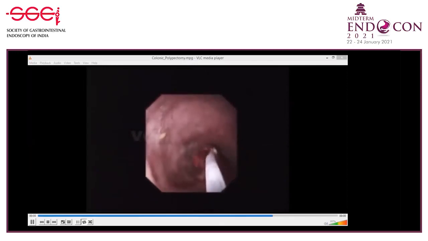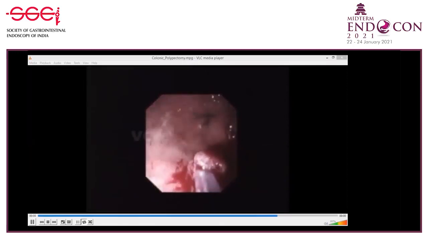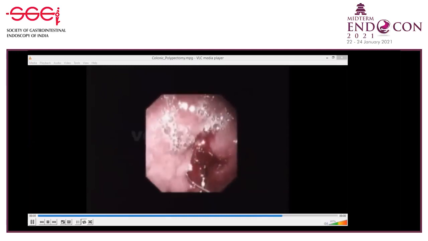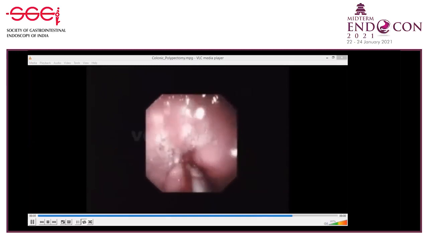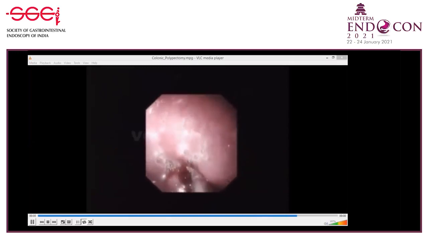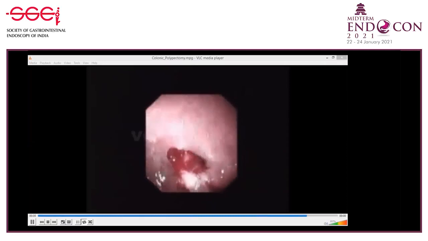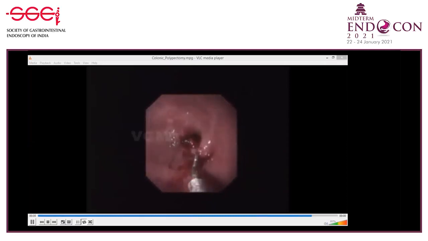So you can see us removing it, and this is one of the complications of polypectomy, bleeding, where we're going to clip here. A hemoclip is being deployed here to clip the base. It is always better to visualize it for a while and then come out. And always better to anticipate, inject, raise, and even beyond that, you can see how thick the pedicle is.